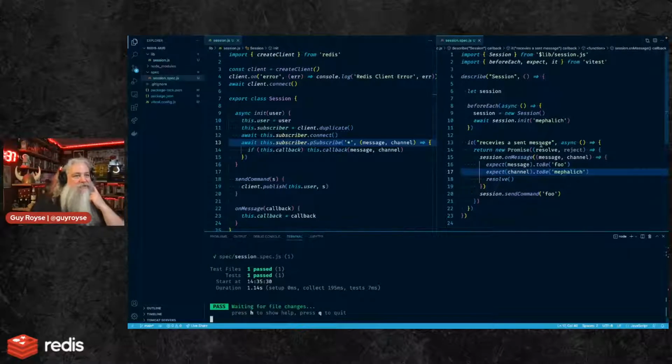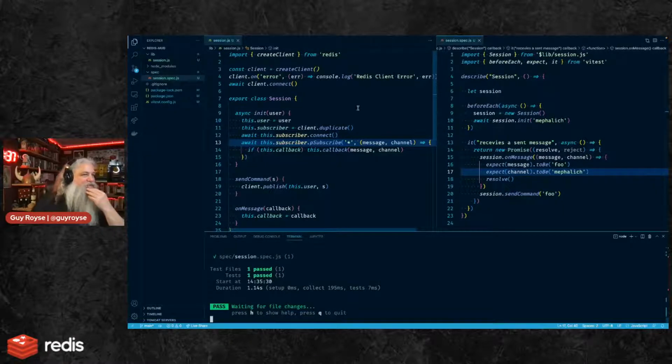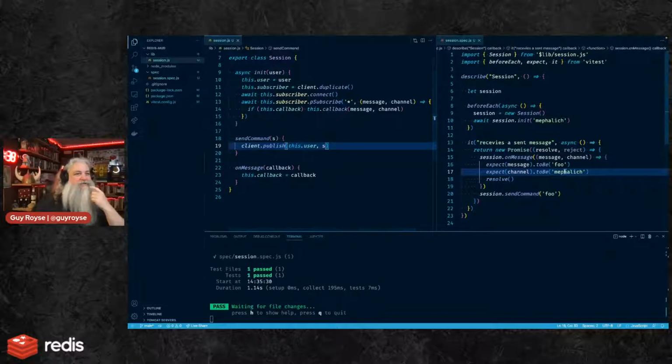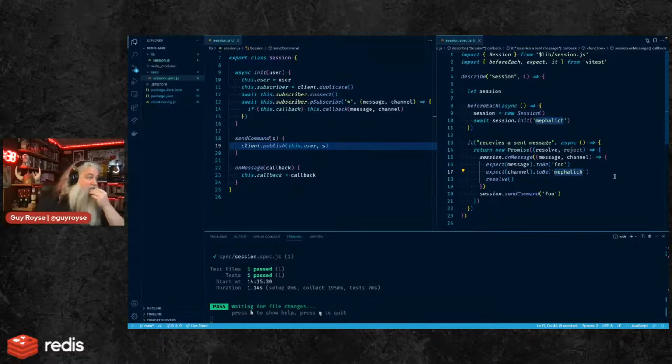So this is actually sending a message around. I feel like this is kind of junky code though, because I actually really don't want send command to publish a particular thing. I don't necessarily know that I want the channel to be the username. I think the channel is probably going to be the room that you're in the mud. And then anyone that's in that room would see that message, perhaps. But that said, the message that's sent probably needs information about who sent it and all that sort of thing.